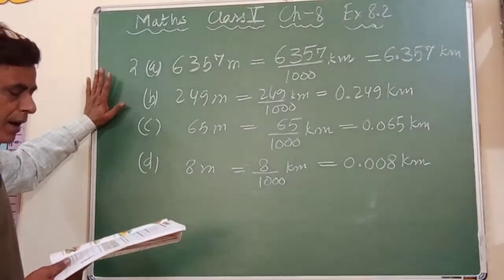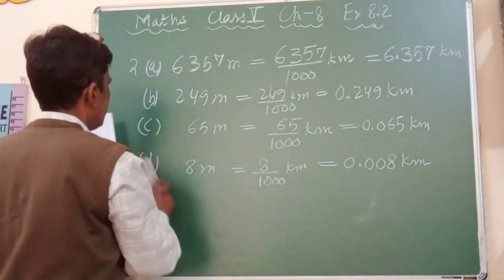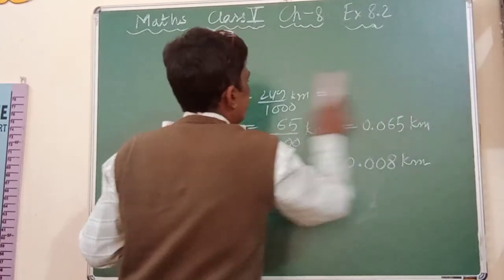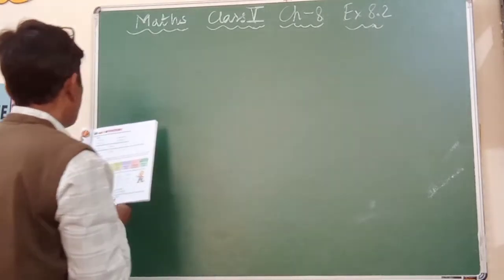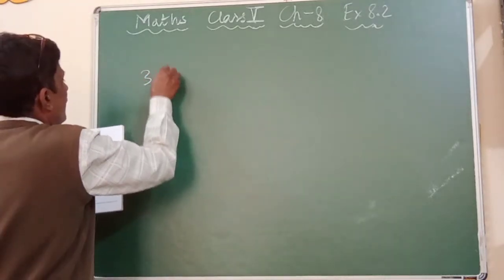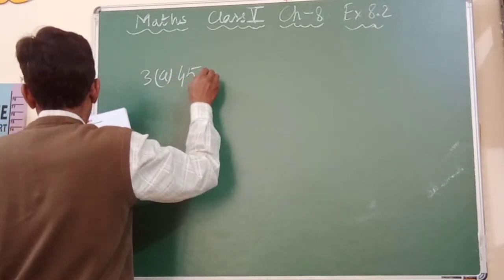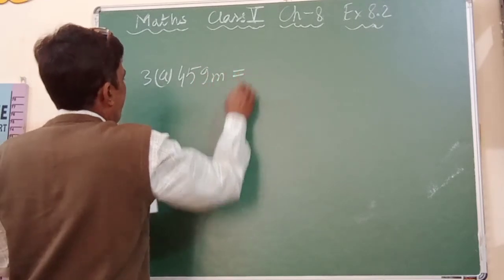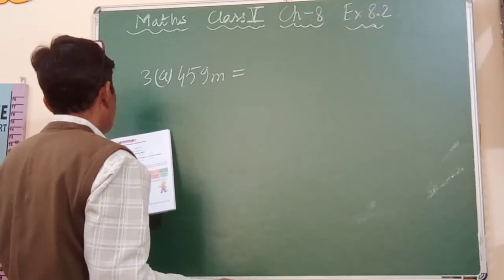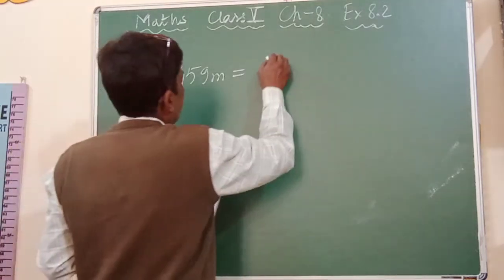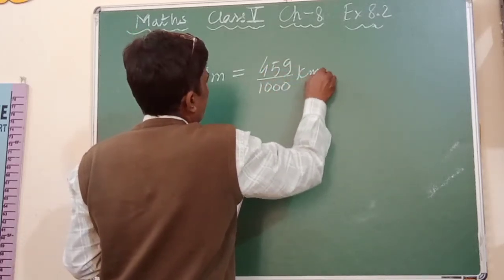So this is question number 2. We have solved all the parts. Now we proceed to question number 3. Question 3a is also similar to question number 2. 3a, the first part is 459 meter, and we have to convert it into kilometer and write in decimal form. 459 upon 1000 kilometer is equal to